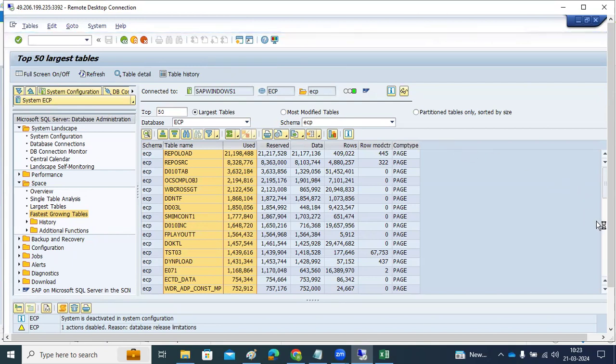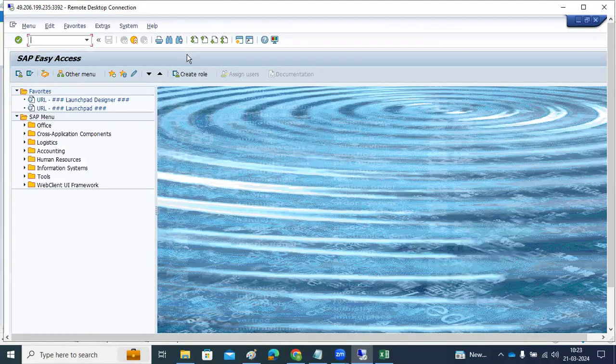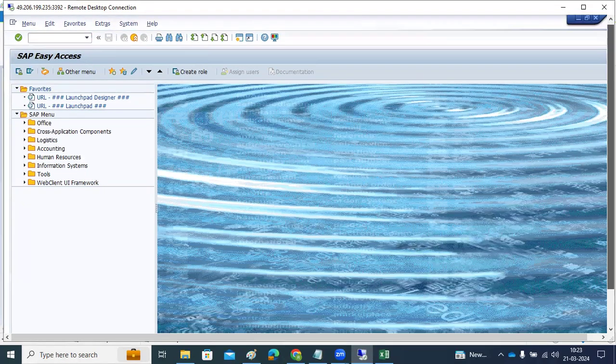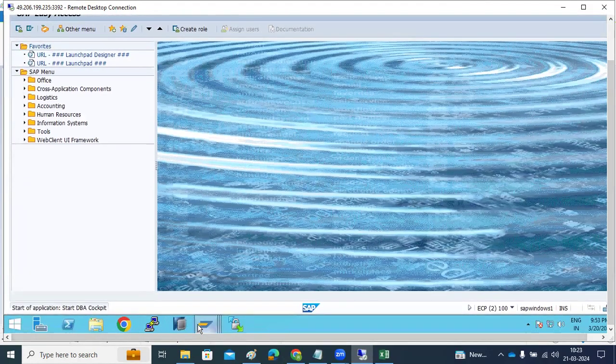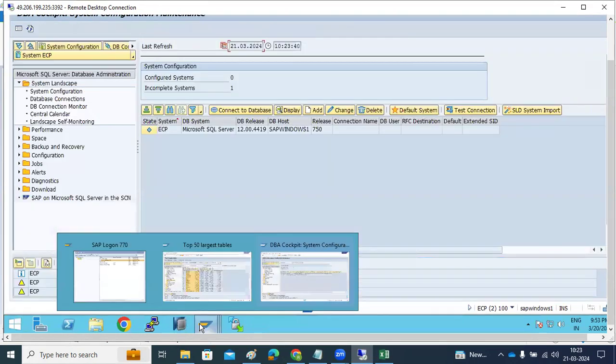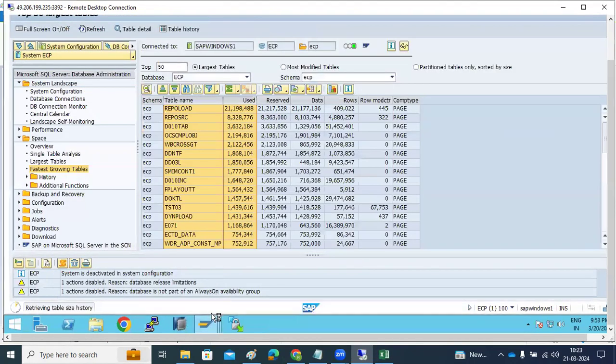I am taking the new screen here. DBA cockpit. Still see